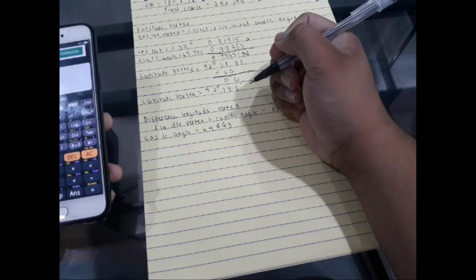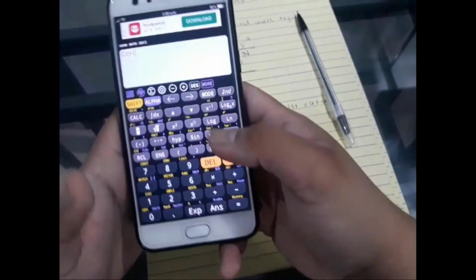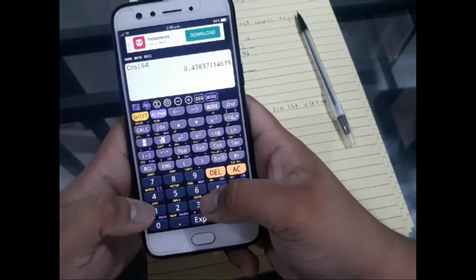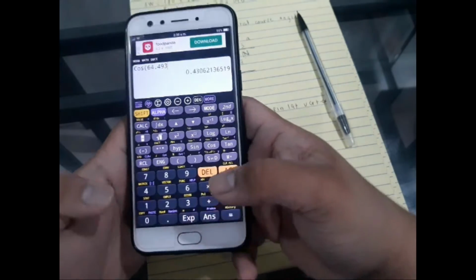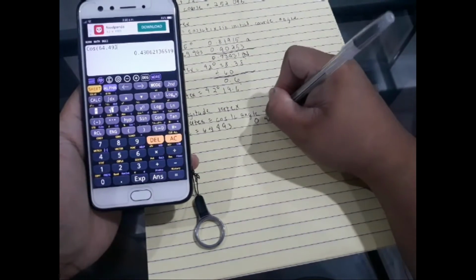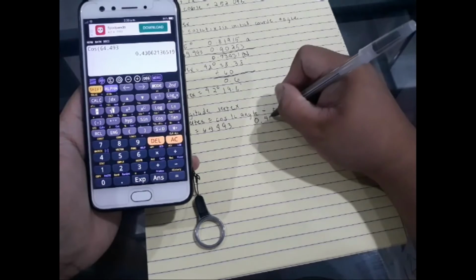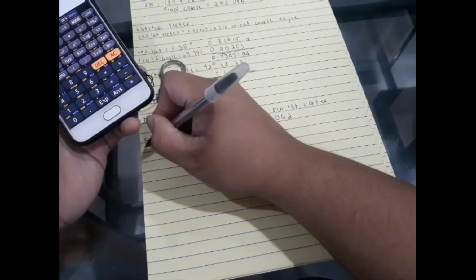So we're gonna write cos 64.493 is equal to 0.43062, and our sin lat,